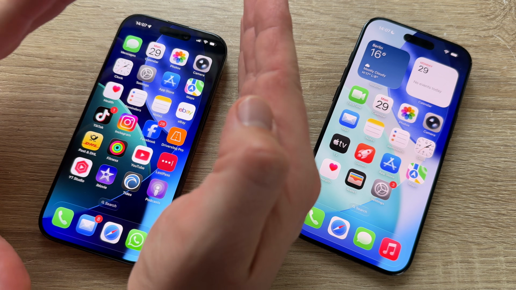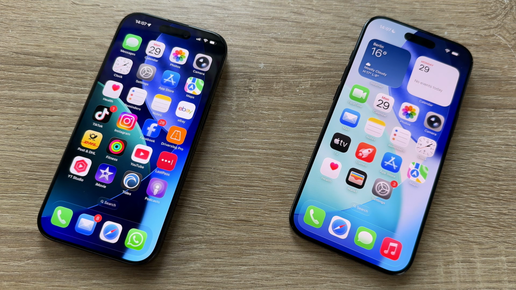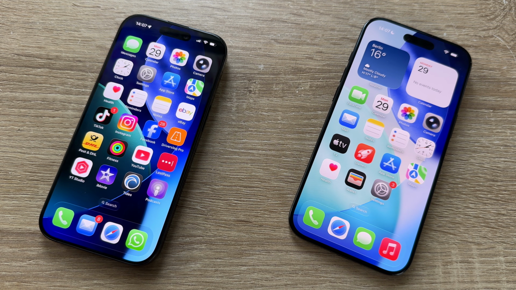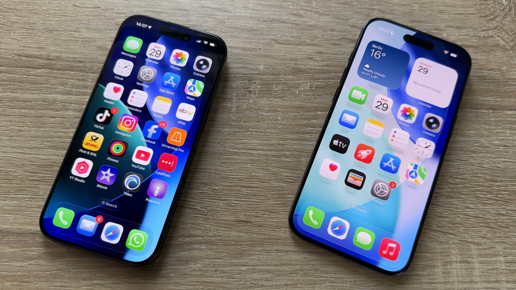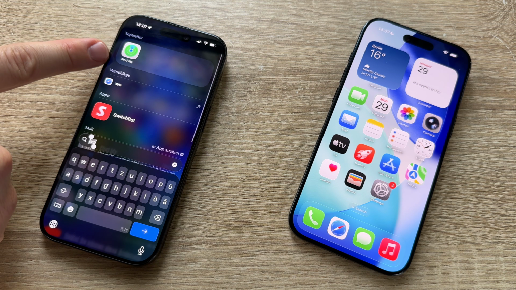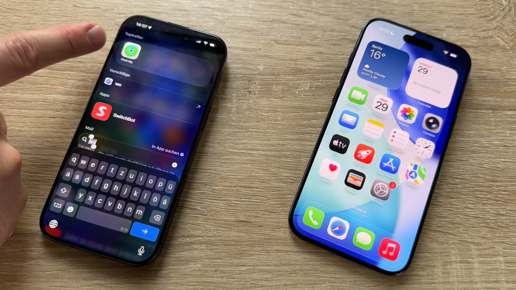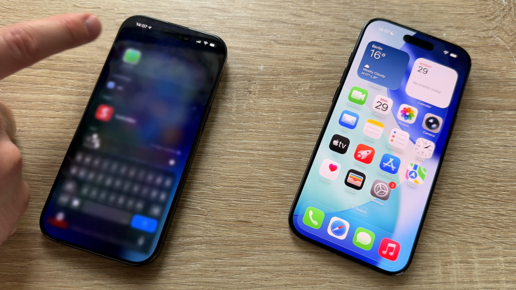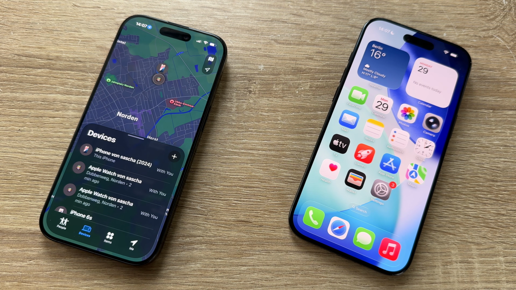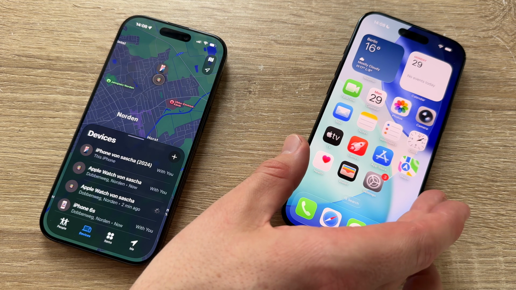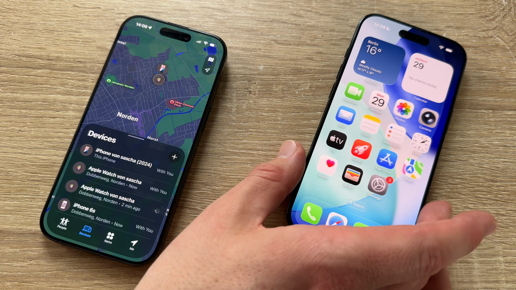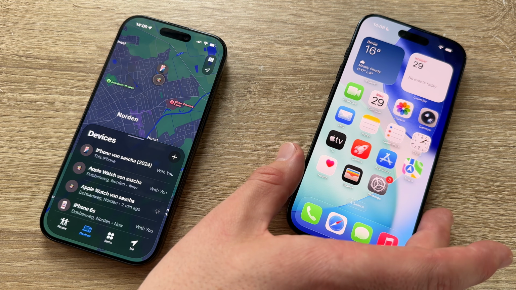This is another device of yours. Maybe you can do the same over the internet. You go to the Apple site in your browser, and there it is: Find My network. So that means another device or the internet browser. Choose your Apple account, the same Apple account that the iPhone Air is logged into.